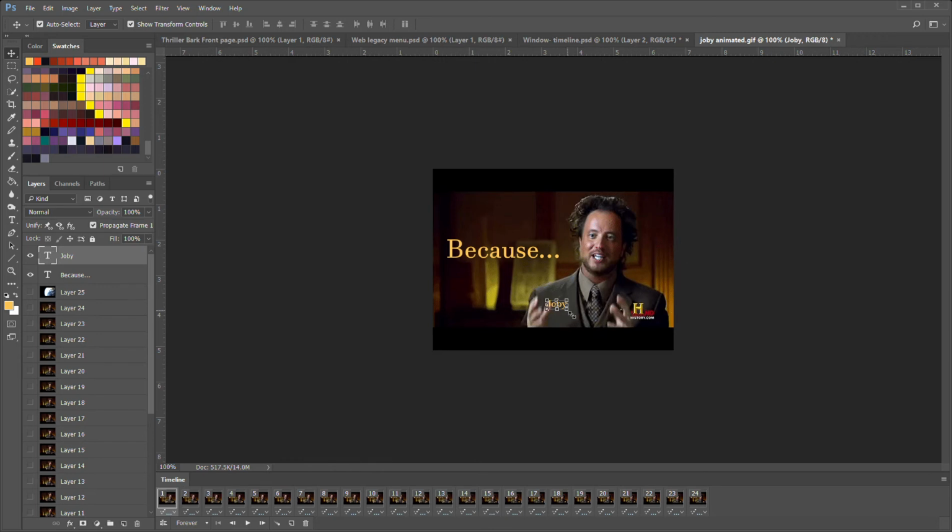Alright, so I'm going to just make this bigger. Alright, that's where I want it. So, again, notice I am still on frame 1 doing all this work. Anything you do on frame 1 shows up on all of the frames. So, again, I'm going to just play it through, and now we have my lettering. But I don't want it to say the same thing through the whole entire GIF here. So, I'm going to leave the because up, but I'm going to take out the Joby